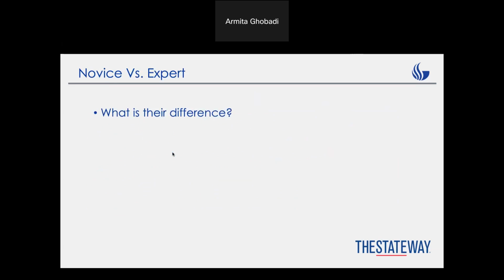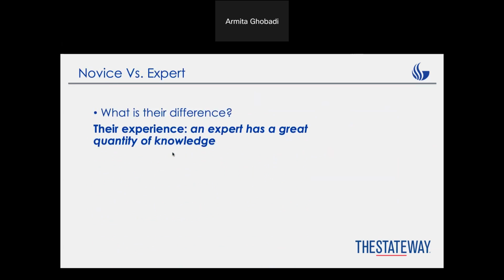This actually leads to the idea of novices versus experts. The main difference between these two categories is the amount of information, the quantity of knowledge. An expert has a gigantic amount of knowledge about one specific area. For example, if you are a writer, you know the majority of famous books, the majority of famous authors, and different styles of writing. However, not everybody knows about that kind of stuff, right?